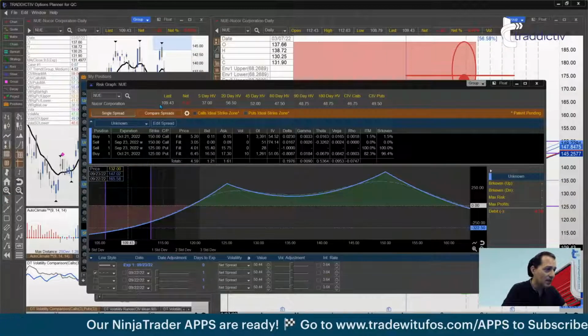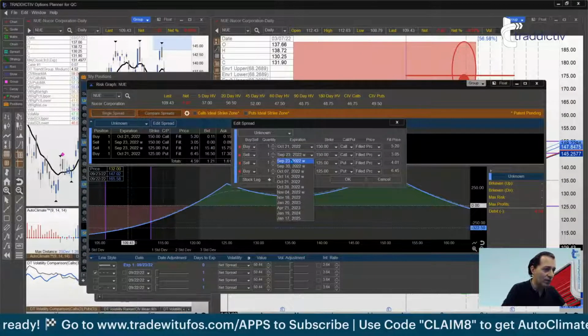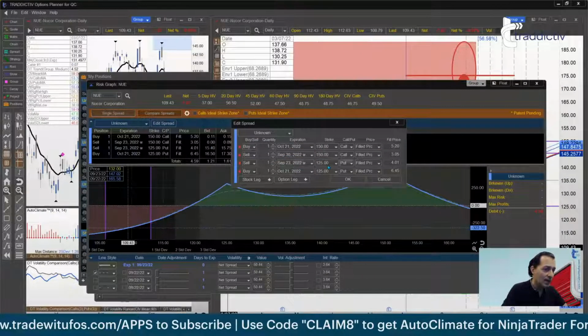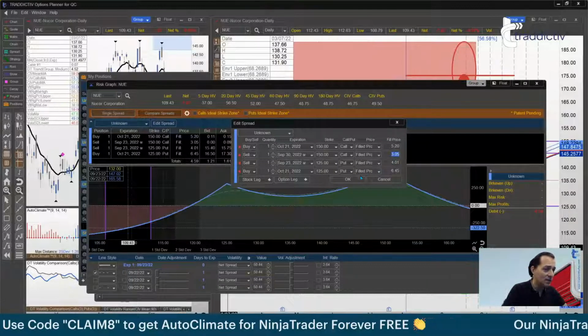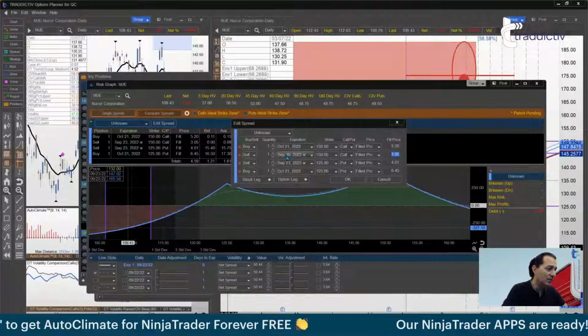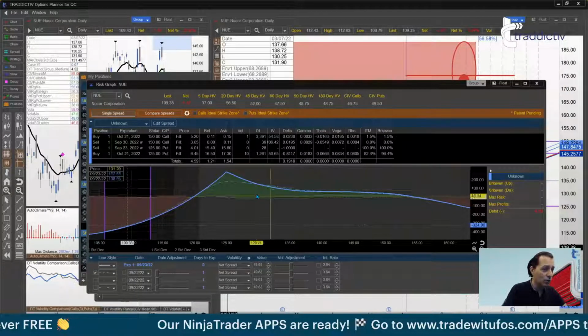So call side, let's have this new order. Let me go ahead and rectify this here. So instead of September 23, I'm going to move it to September 30. Okay. Now, I'm not going to add 15 cents because I didn't get 15 cents. So I'm going to leave it the same way it is. I'm just changing the expiration date to be September 30. And that would be basically the new risk profile I have.